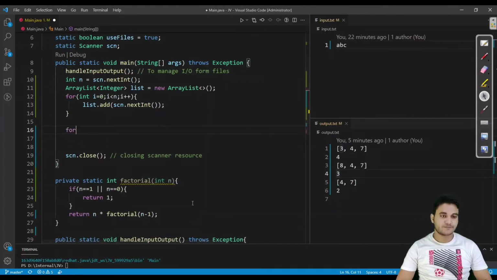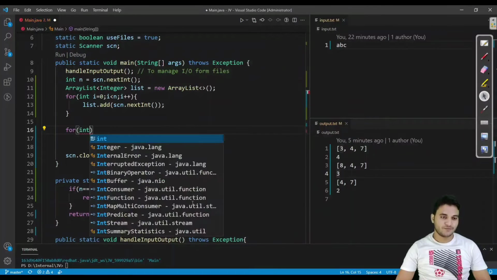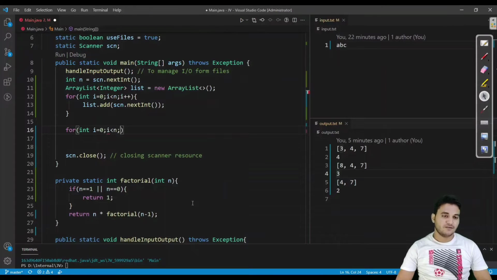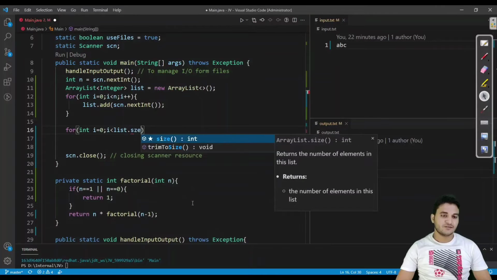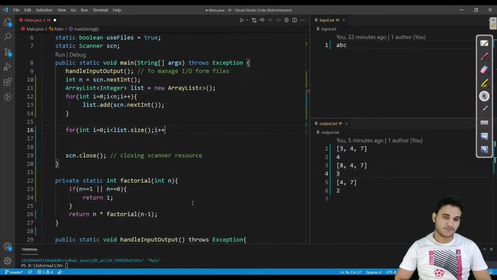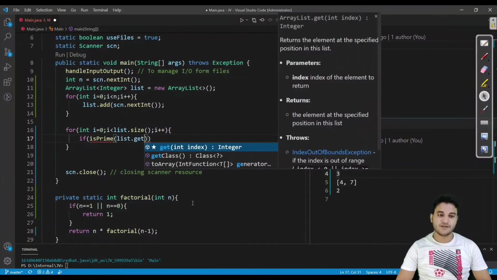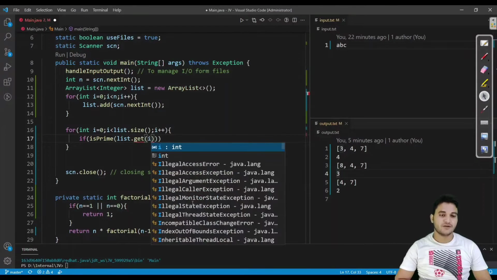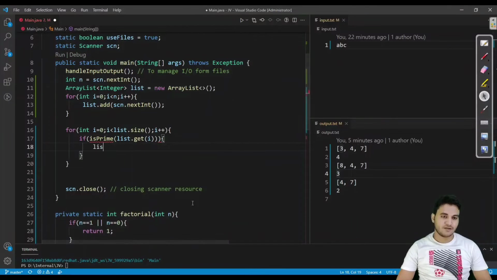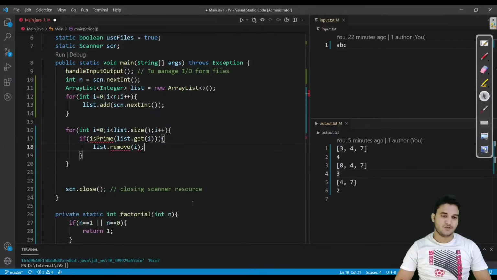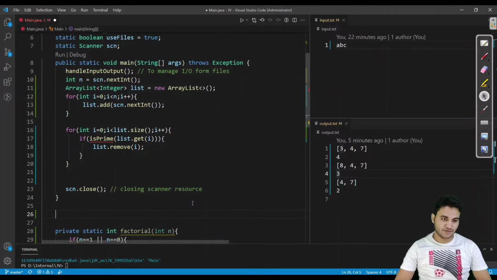Now what we have to do, we have to iterate over each element, and we can write here list dot size, and we'll have to check if it is prime, list dot get. For getting we have a method list dot get. If it is prime, then list dot remove, remove this element, and for checking prime we have to define a method.